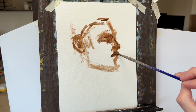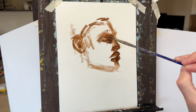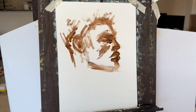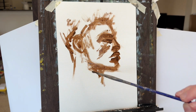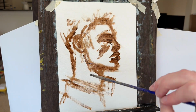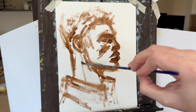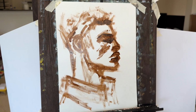As usual, this is a thin down with linseed oil, a mix of various browns, a little red, a little cadmium, or not cadmium, yellow ochre, to try to get a good mid underpainting tone. So thin down with linseed oil, kind of get the basic outline. I use this as the structure for starting to block in colors with regular, just out of the tube oil